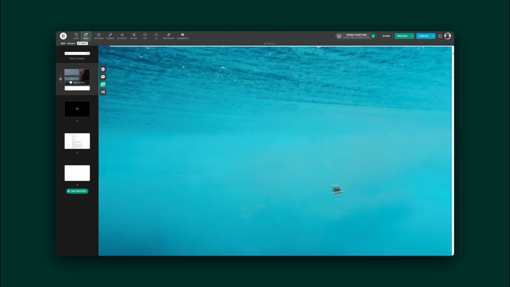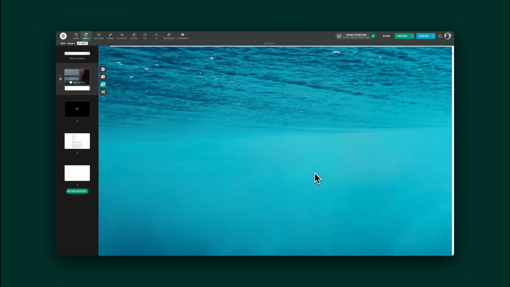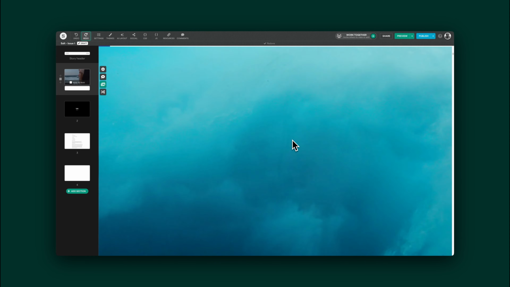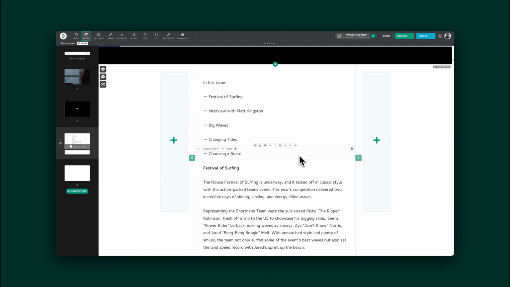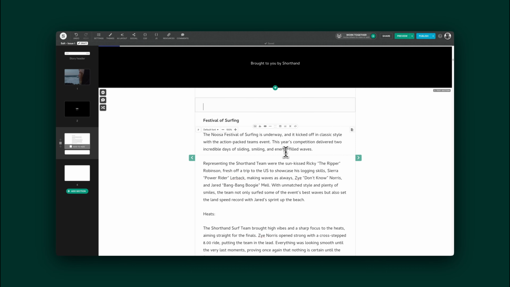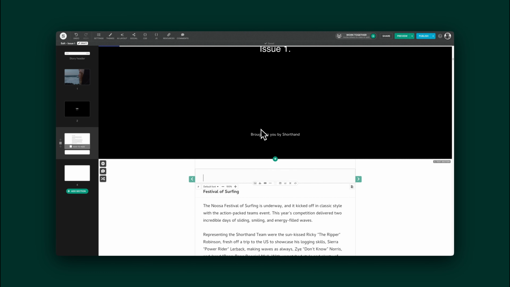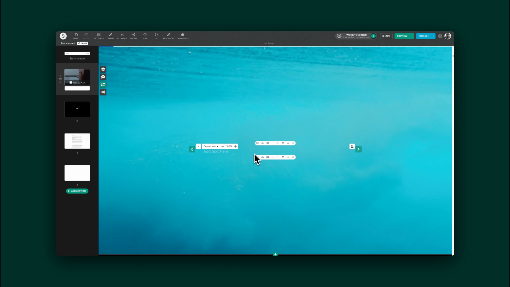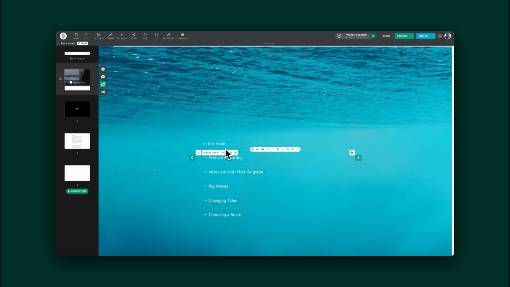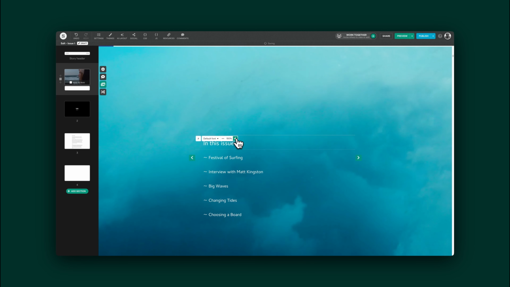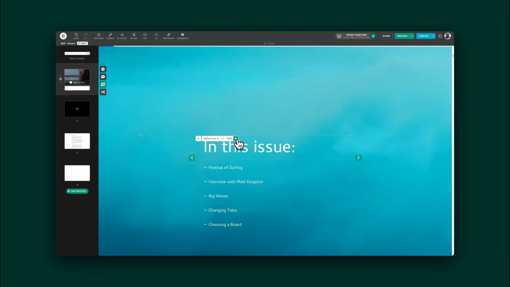Okay, let's have a look at what we could put in this part of our reveal section here. It's a nice negative space in this video that we can use. So let's come down and we have our "In this issue" text here. I'm going to cut that text and bring it up here, and I'm going to paste it into this text box. And this "In this issue" text needs to be bigger, so I'm going to click on the plus there,